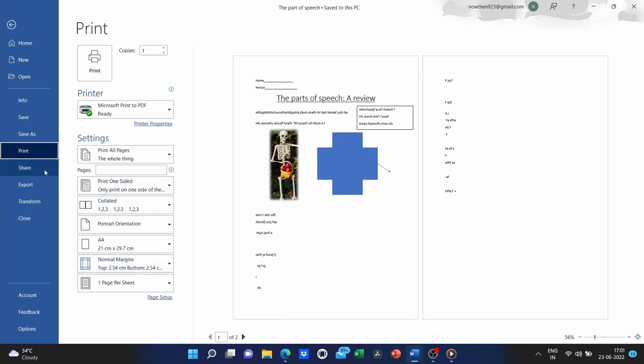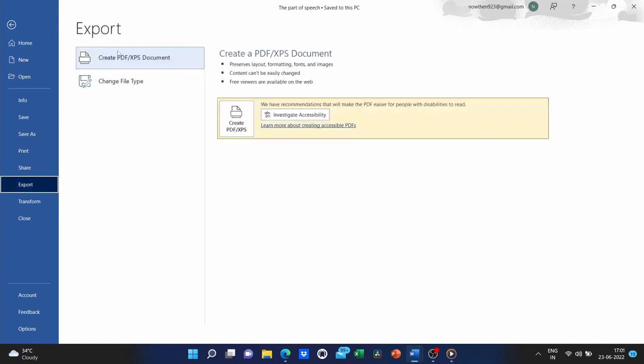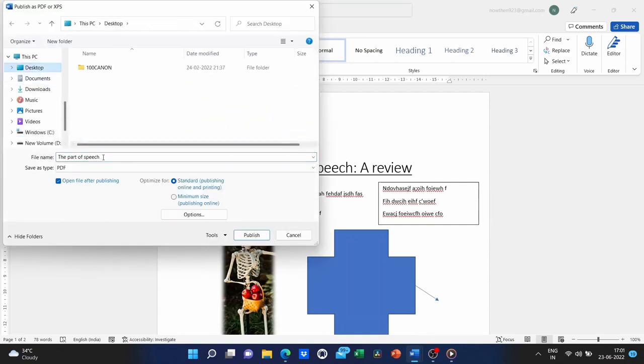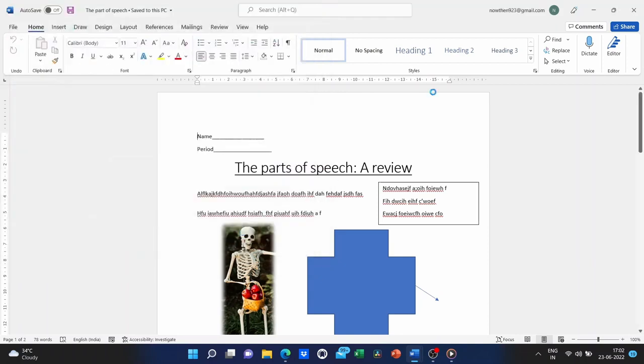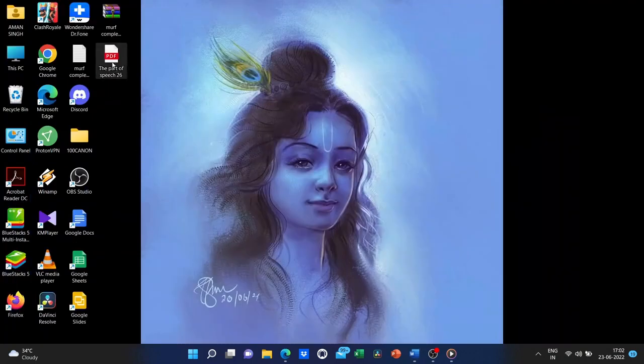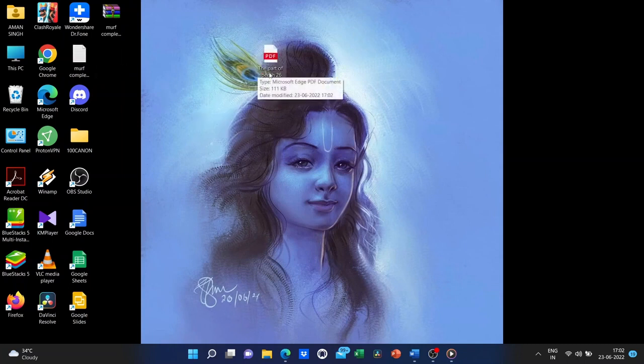Now, in addition to print and save, notice what else there is. There's export, and this is very powerful. I could create a PDF out of this document, so I can click on that. Save it also to the desktop in this case. And so now when I go to my desktop, look, there is a PDF document that I've created from inside Microsoft Word, and here's the original in Word format. So that's a nice powerful option just built right into Word.